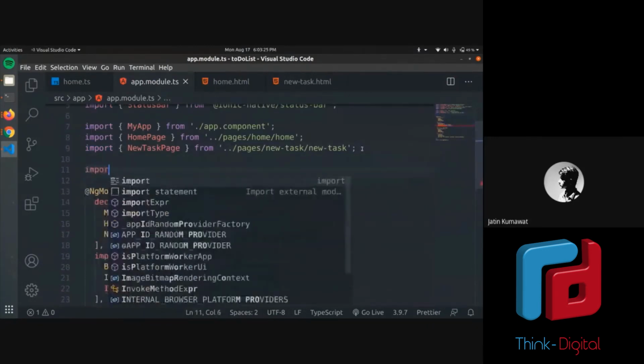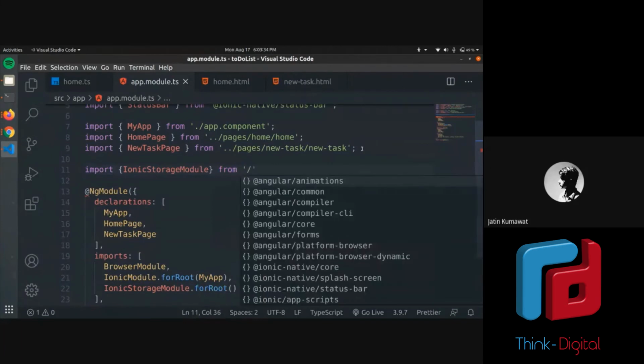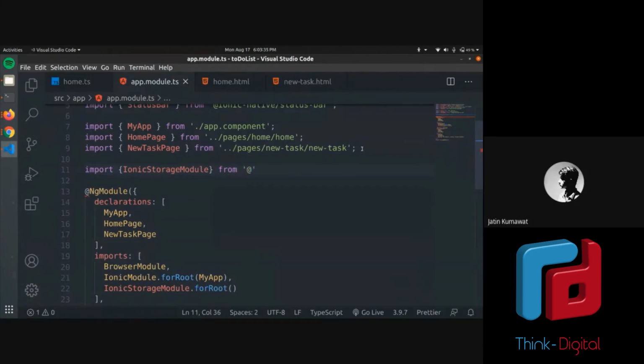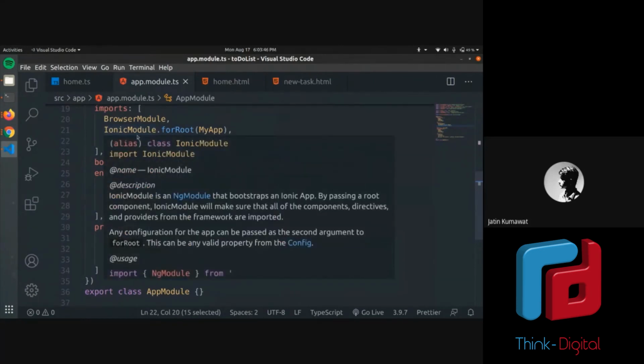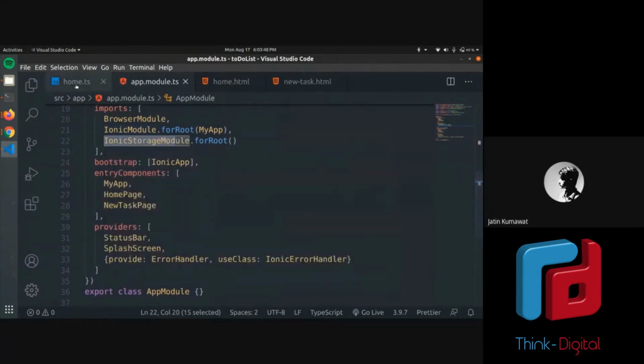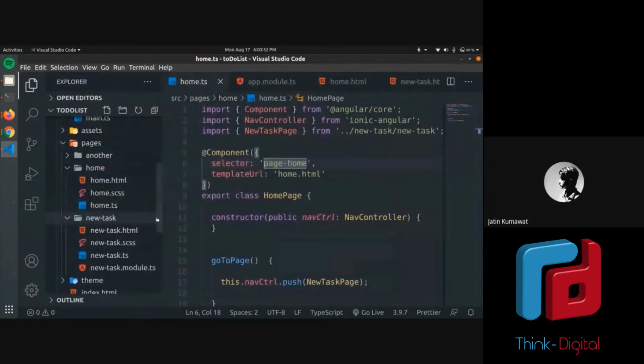I will write import IonicStorageModule from @ionic/storage. Okay, so I have imported it. There is no error now. I have successfully imported it here, and now I will import it in my new task.ts file.